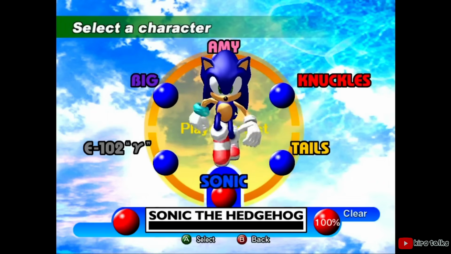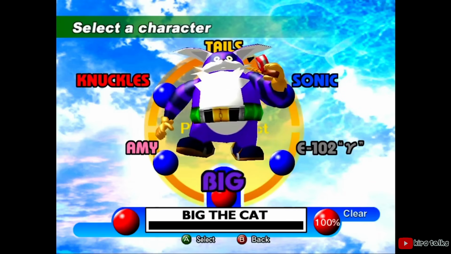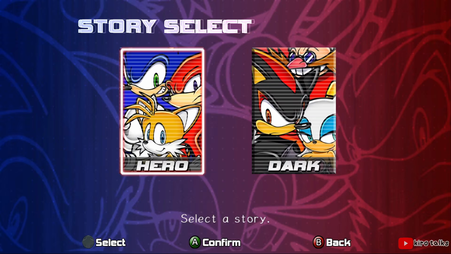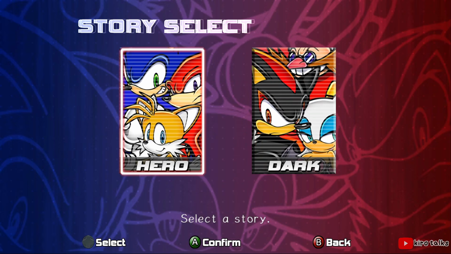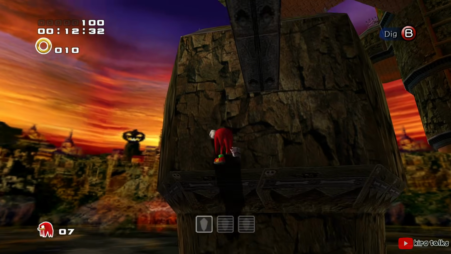In the first Sonic Adventure game, the idea of multiple storylines running concurrently would become a mainstay of the Sonic franchise. While Sonic Adventure 1 has 6 campaigns, Sonic Adventure 2 only has 2. However, like Sonic Adventure 1, Sonic Adventure 2 has 6 playable characters. Sonic, Tails, and Knuckles return from the previous game, and we get 3 new playable characters,